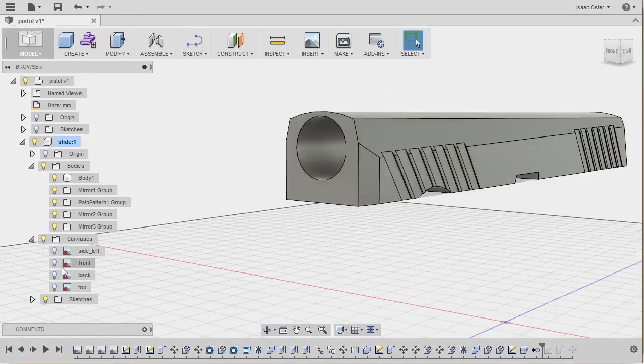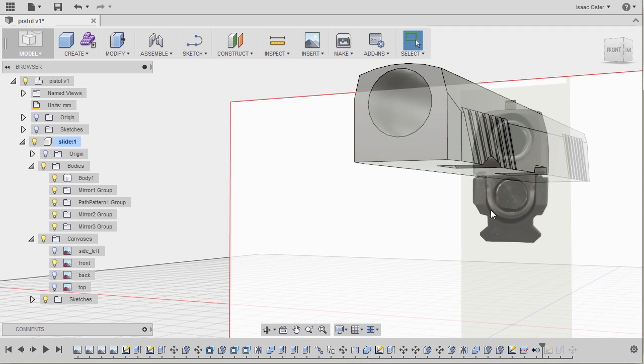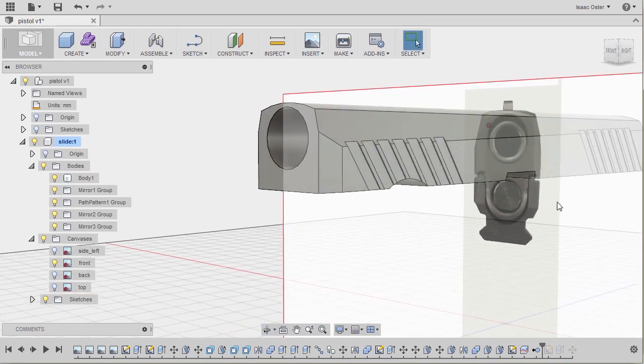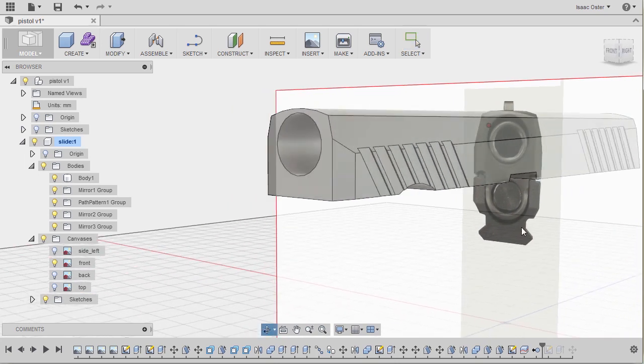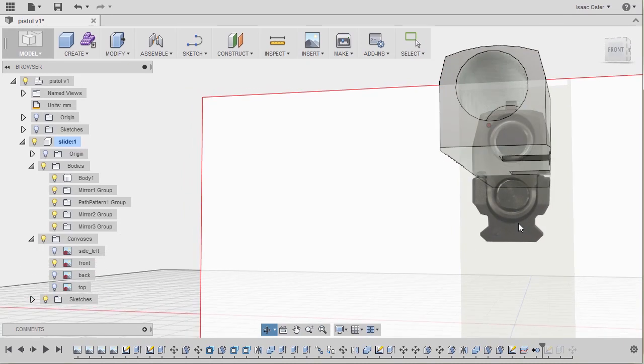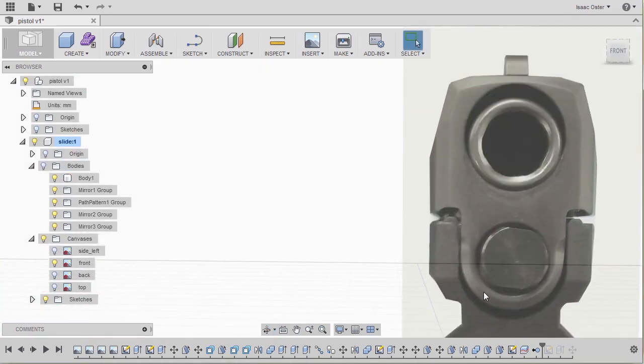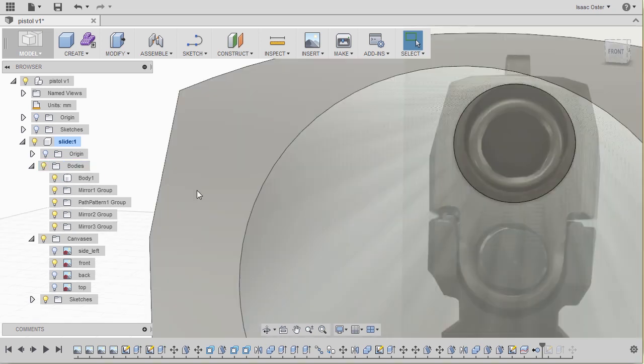want to actually take a look at the front one more time. So what we've got is this extra piece of metal here that articulates into the slide, or into the grip part of the gun. And I don't think it actually needs to be, like, there is definitely a little bit of a thing here kind of taken out, but that's not the same operation as this chamfer running around the outside. So we can go ahead and do the chamfer now